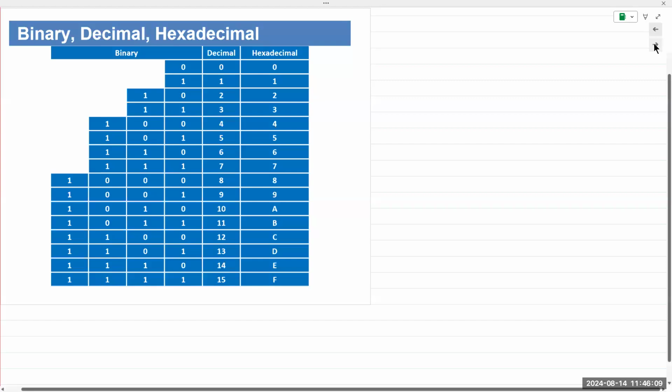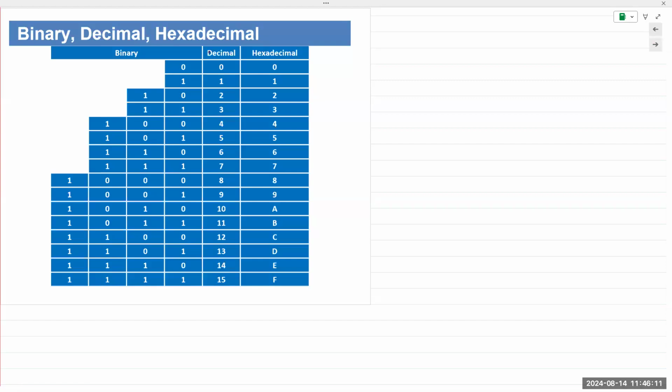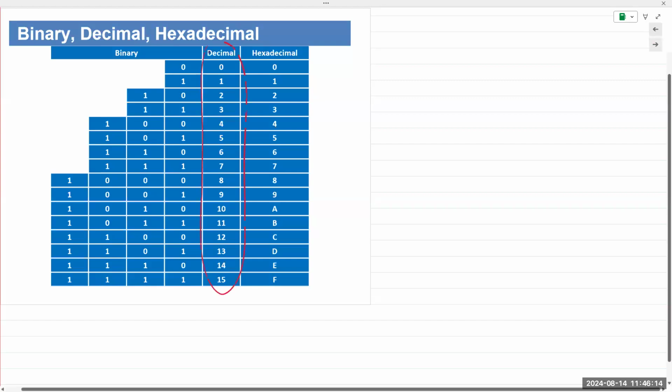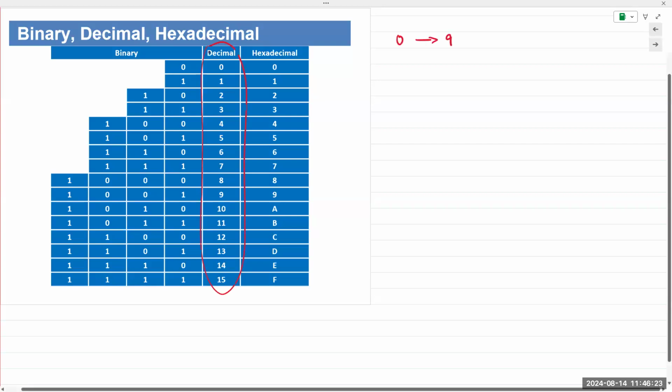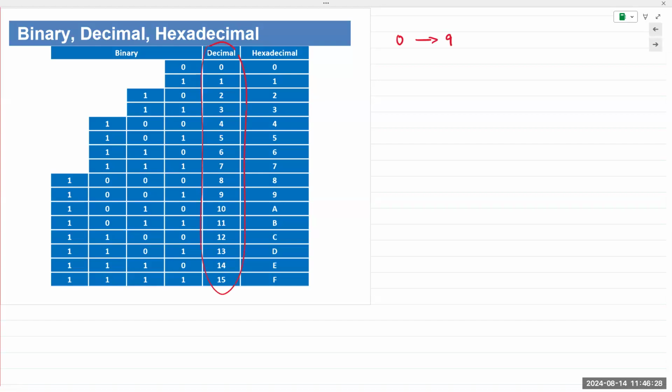Let me show you this table. Let's look at this first. Decimal system right there. Standard decimal system, we've been studying this since elementary school. We have numbers going from 0 to 9, right? So 0, 1, 2, 3, 4, 5, 6, 7, 8, 9. Once you reach 9, that's the end of the single digits. So now you increase the number of digits in there, you increase the number of bits. And what do